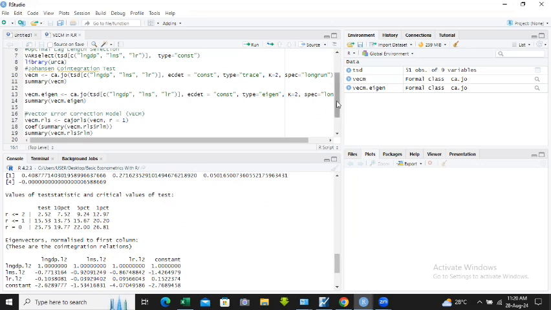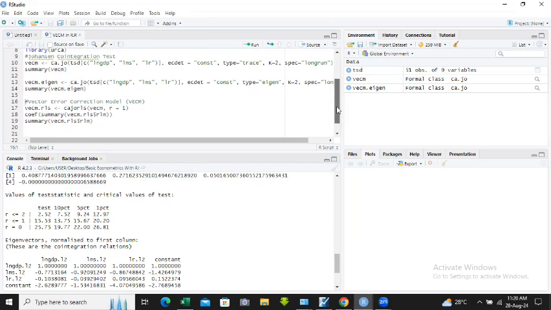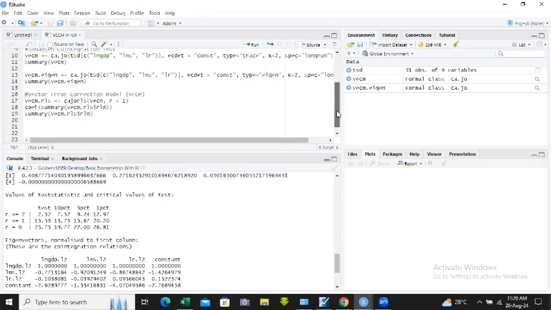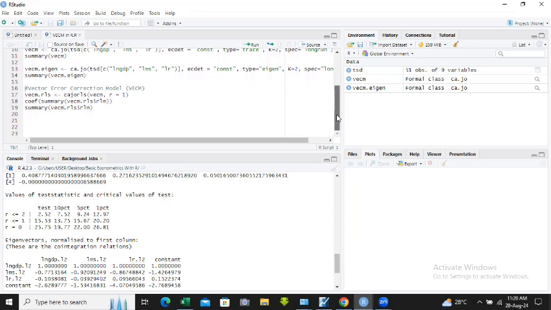Having established co-integration among these three variables, log of nominal GDP, log of money supply, and lending rate, we are good to go. We can now estimate our vector error correction model. For this vector error correction model, what we are going to use here is a function called